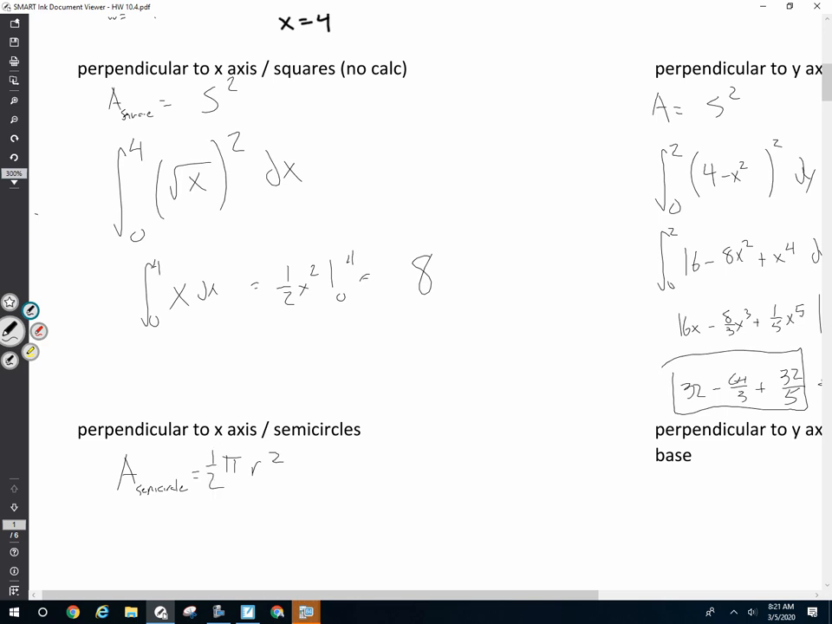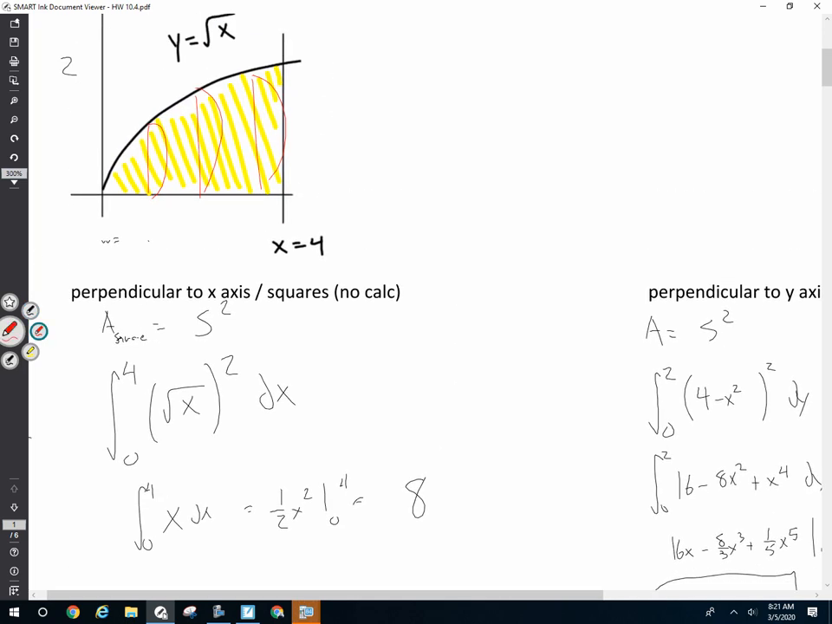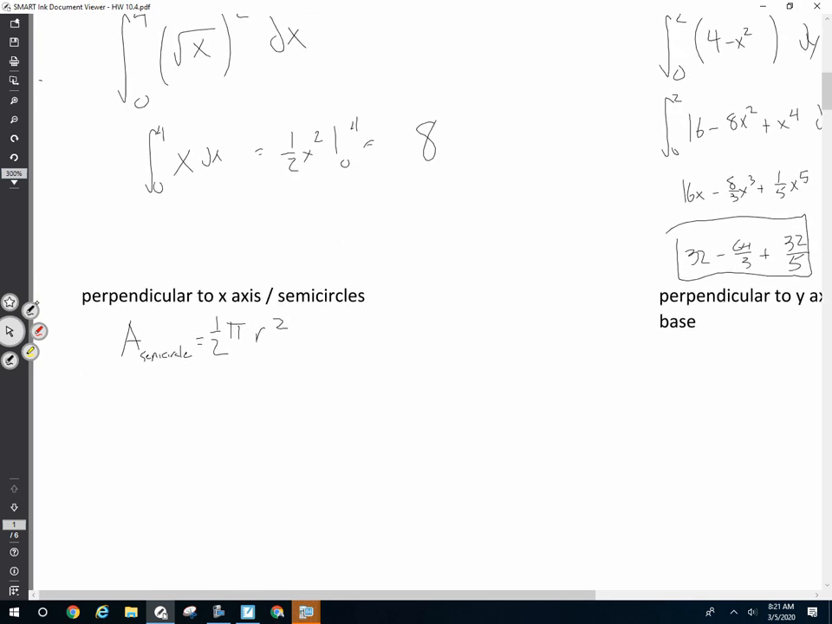So 1/2 pi r squared. Pi r squared is the area of a circle. But the problem is the radius is not this entire base length. The radius is half the base length. Now there's two ways to handle this. You could either